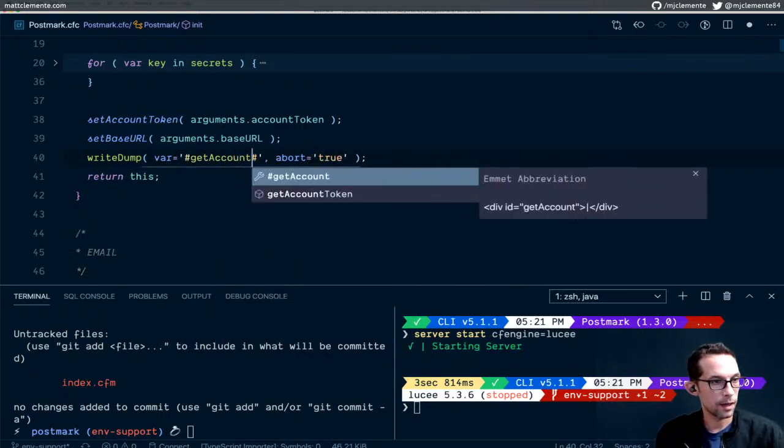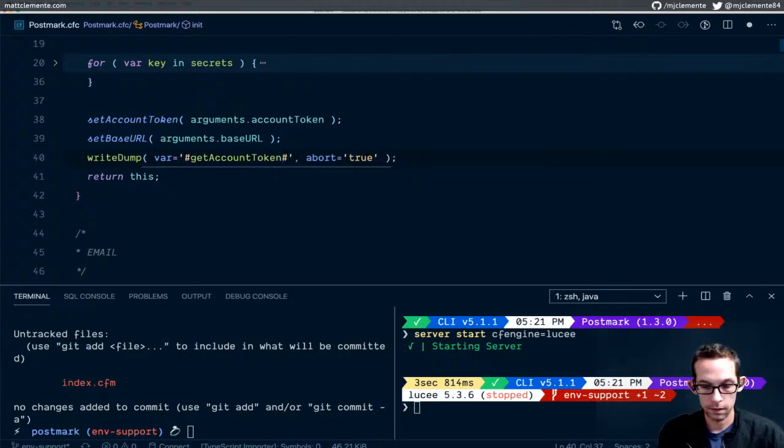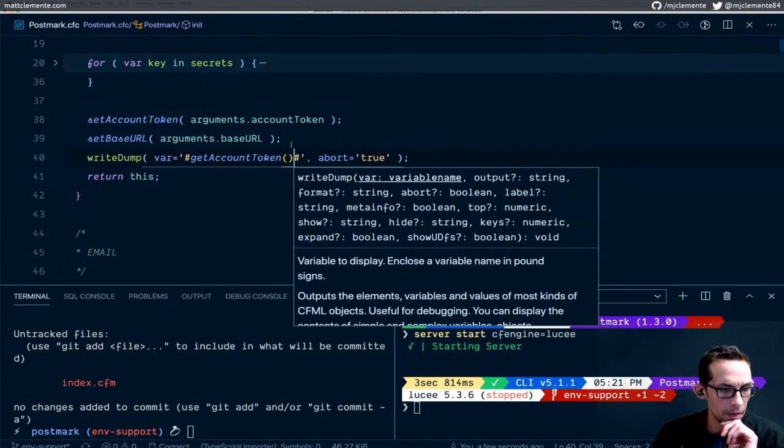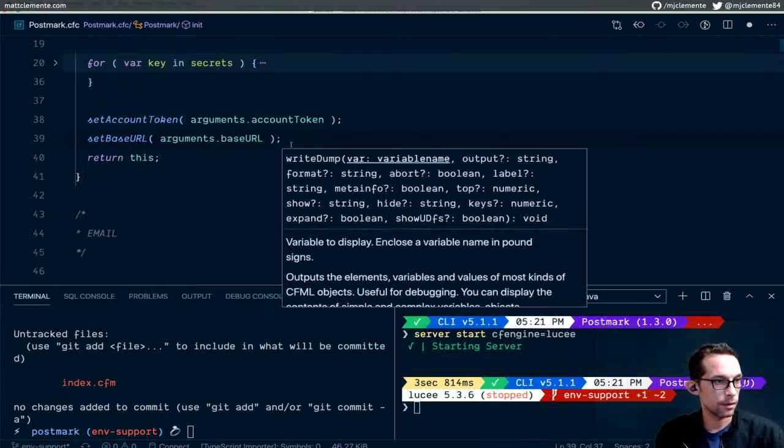Get account token. Let's try that out. Huh, nothing. Okay. Oh, you know what? Okay, let's get rid of this. I need to have